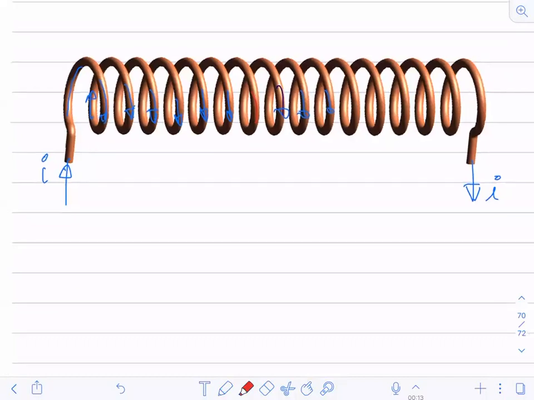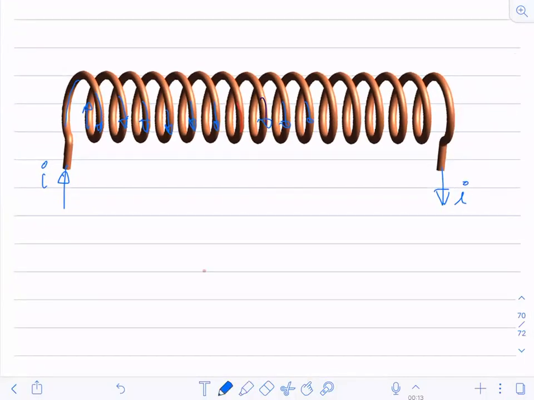Now we will consider the loop. And how we are going to consider the loop, you just see that also. I'm taking a loop like this. So this is the loop, which is A, B, C, D. This is point A, B, this is C, and this is point D. So the loop direction is A to B, B to C, C to D, and D to A.